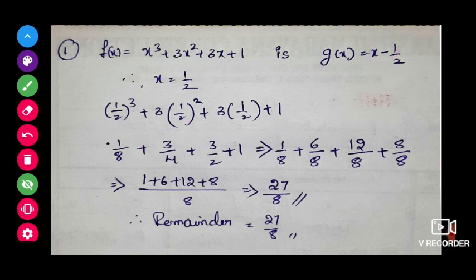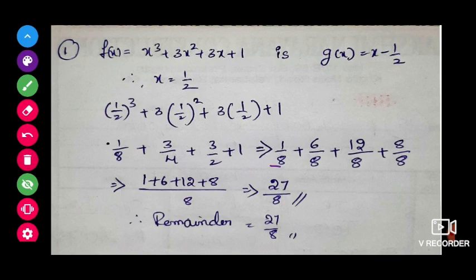Now 1 by 8 plus 3 by 4 plus 3 by 2 plus 1. We cannot proceed further because here the denominator is 8, here the denominator is 4, here the denominator is 2, here nothing. So what we have to do is make the denominators the same. To have the same denominator,